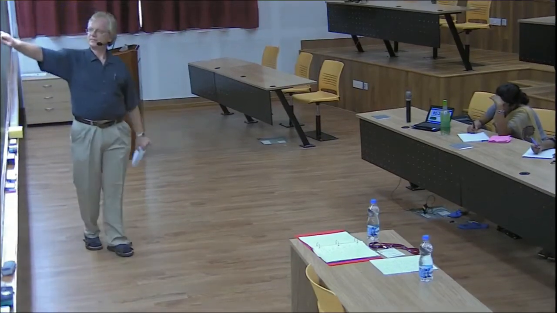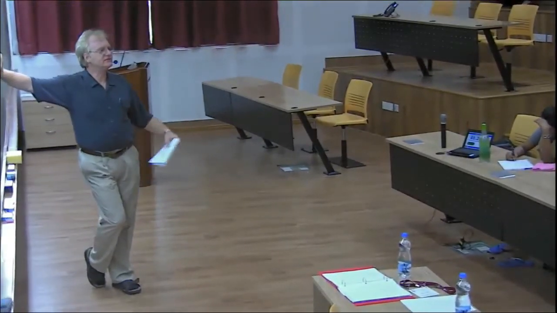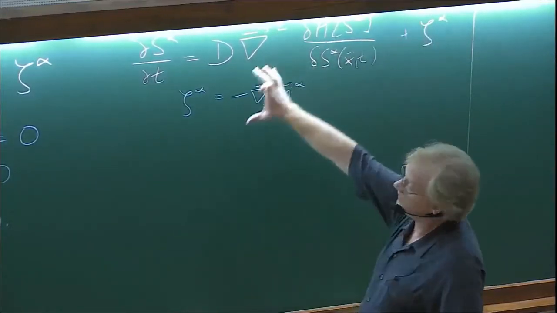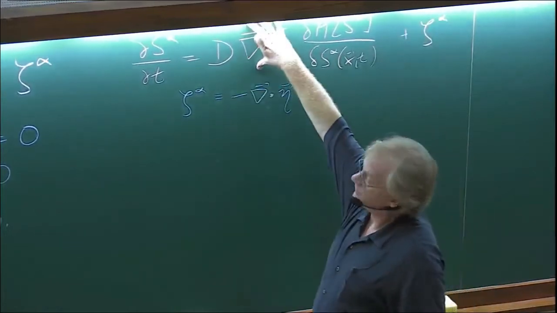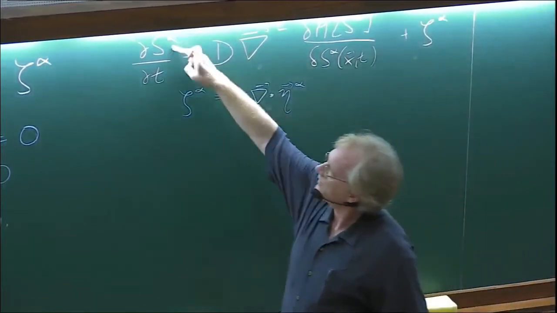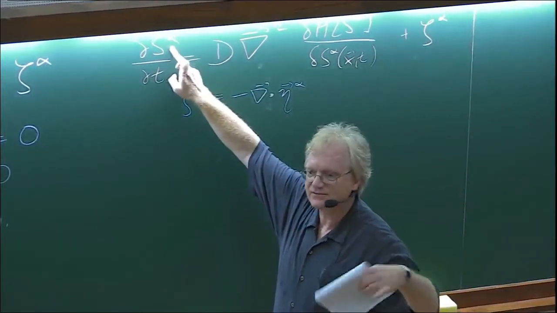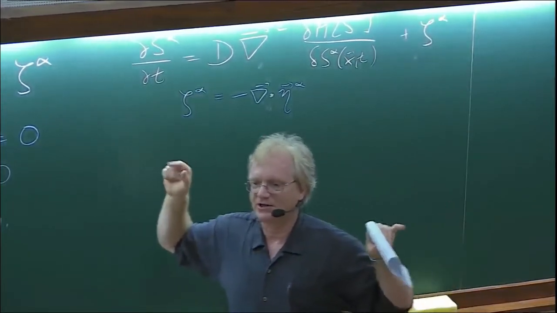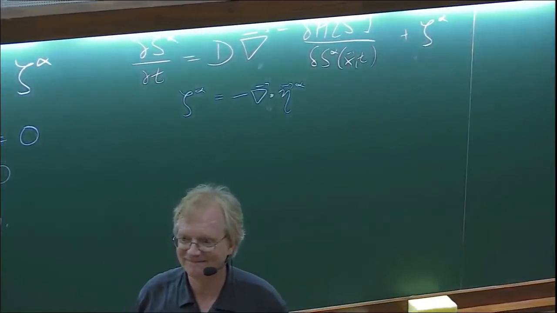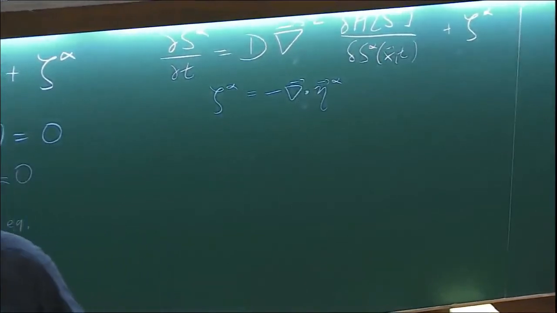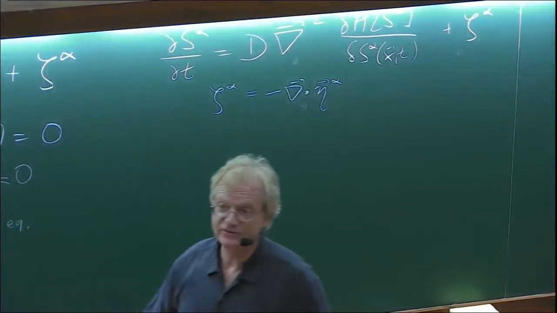I call it conserved precisely because of this. If I'm sending the wave vector to 0, there will be no noise, and there shouldn't be, because the q equals 0 component needs to be conserved. So here q equals 0 goes away, here q equals 0 goes away because of this, and so the q equals 0 wave vector component dS of 0 by dt is 0. That's why I call that, that's jargon, conserved noise. Okay? And it works by construction because we put the noise into these fluctuating currents. But the whole thing satisfies this continuity equation, so we're in good shape.